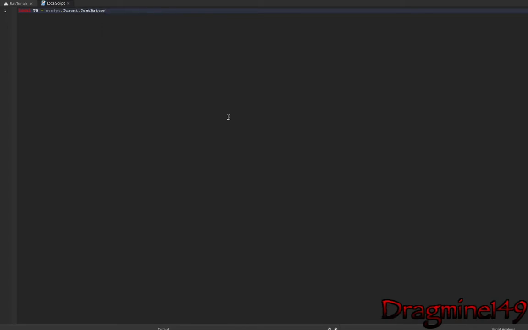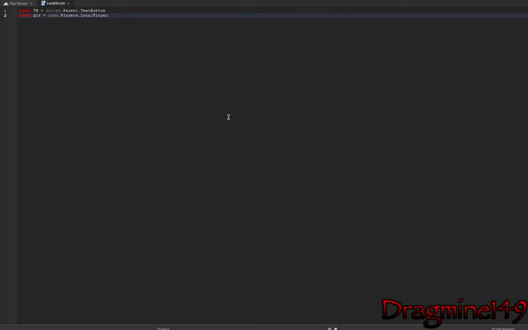This is declaring the text button. Now we want local player equals game.Players.LocalPlayer. This would get your player, and it's easier than doing script.Parent.